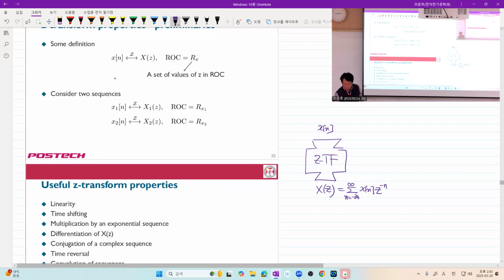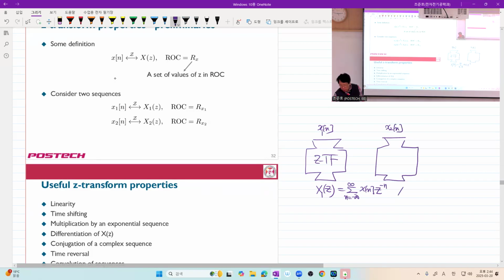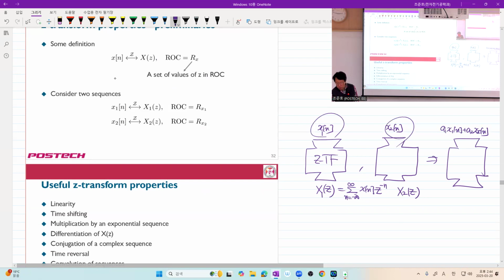Suppose you have x1 and obtain capital X sub 1. And suppose you have the same transformation. Now you have x2 and capital X sub 2 of z. Now, the same transformation with a1 x1, a2 x2. So now you have a linear combination of inputs. Then linearity says the output must be